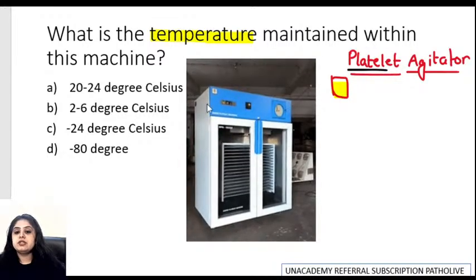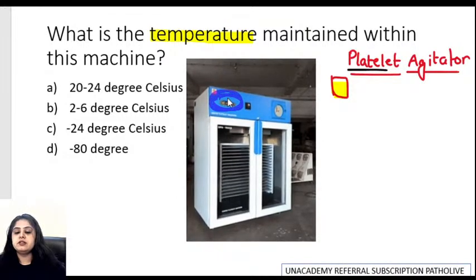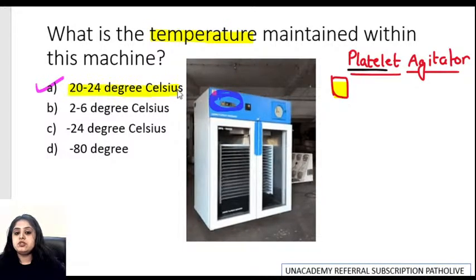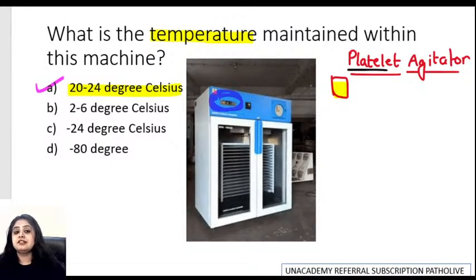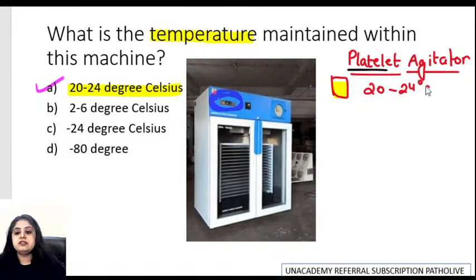Now, what is the temperature that we'll maintain? If you ever happen to visit a blood bank, you will see that there's a screen over here on which the temperature will be displayed, and platelets are always kept at 20 to 24 degrees Celsius. In fact, one of the highest temperatures at which a blood component is kept is for platelets. Platelets are kept at 20 to 24 degrees Celsius, and the shelf life of platelets is going to be 5 days,